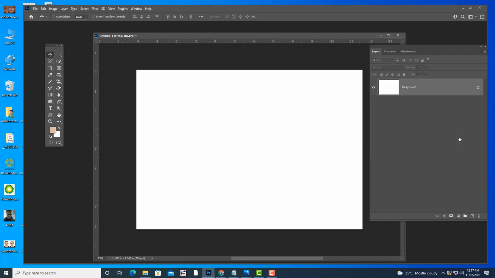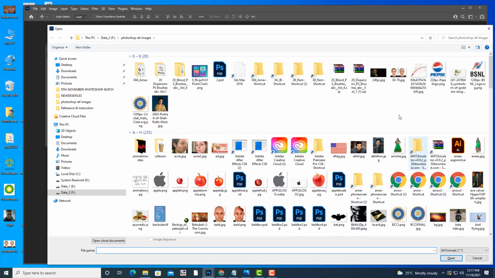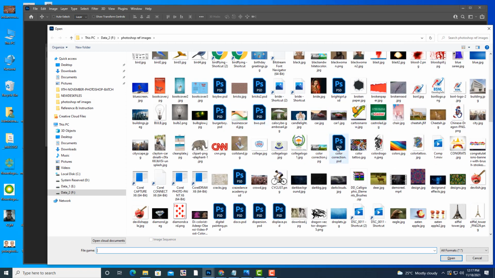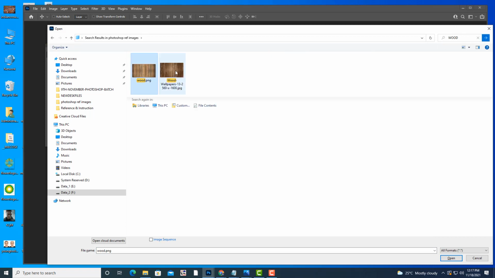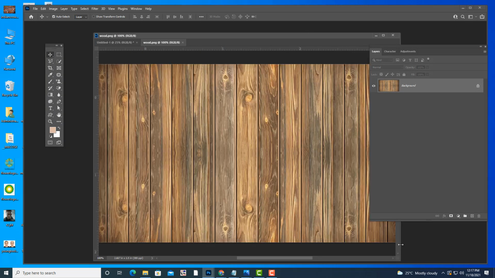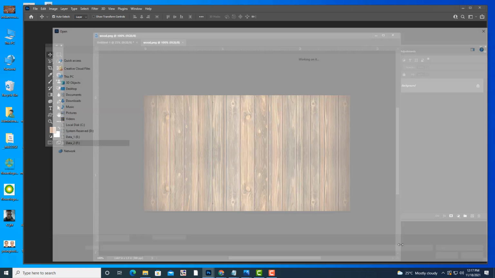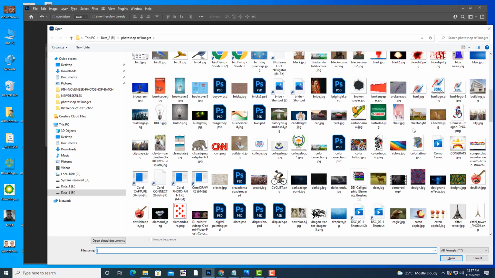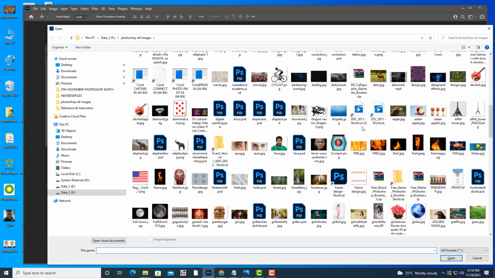The next thing I want to tell you is, we have been using soft round brush, but I will use a different type of brush and you will see some different effects. Okay, so what I am going to do is, first I am going to open one image. I am going to take this image of a woods. So this is a woods image, and I am going to take an image of a girl.